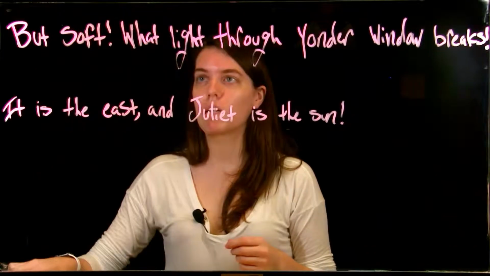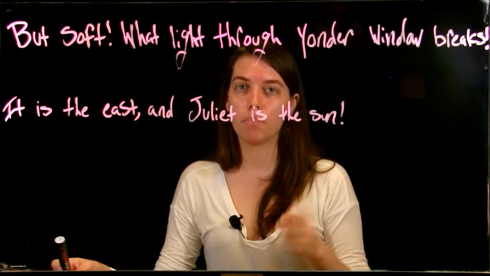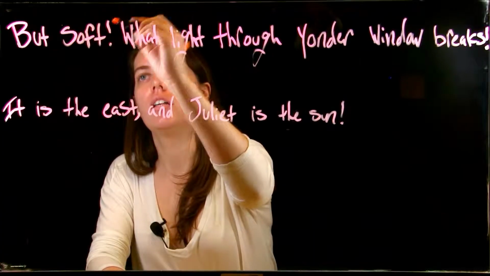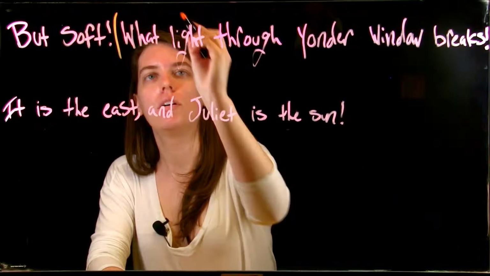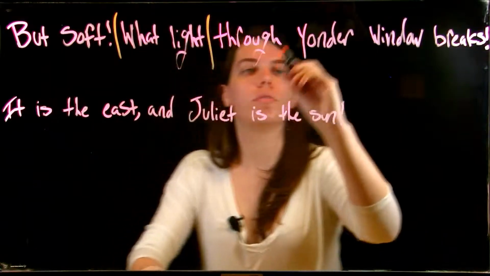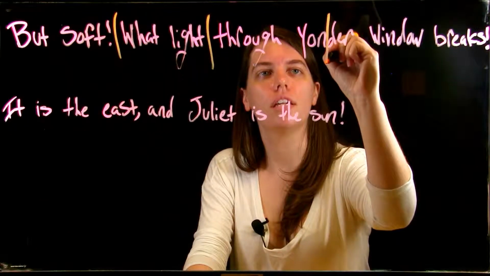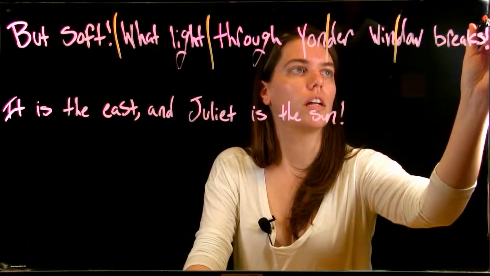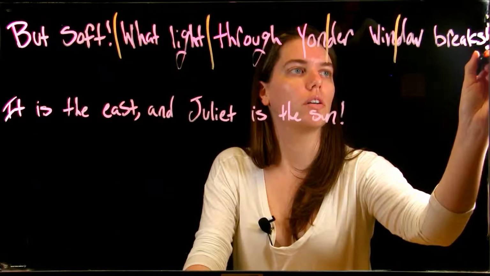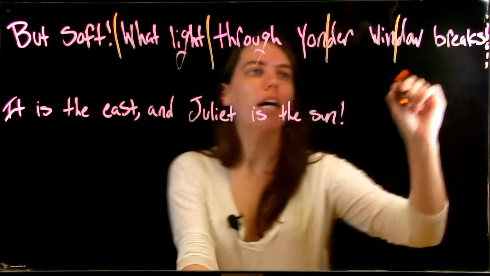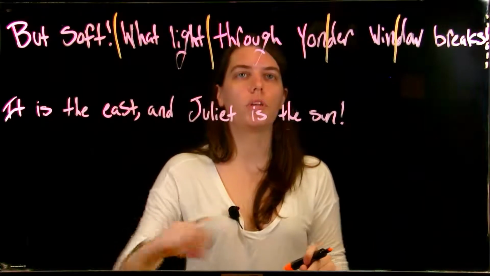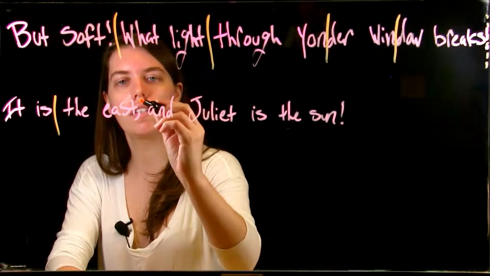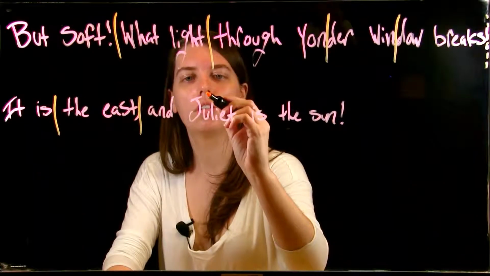So step number one is to break it up into our meters, our feet, which is two syllables in one foot. Let's see: "But soft, what light through yonder window breaks." That's our last one, so go over that exclamation point. "But soft, what light through yonder window breaks." Great, nice and scanned. "It is the east, and Juliet